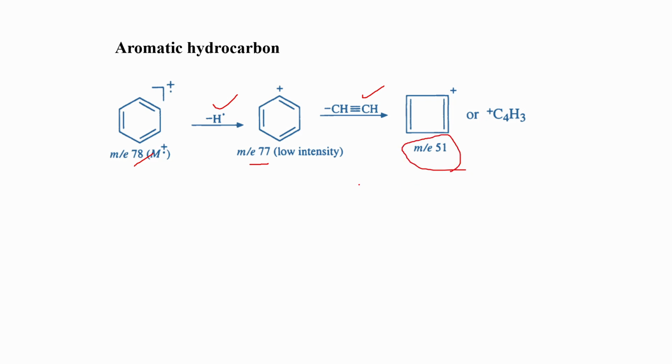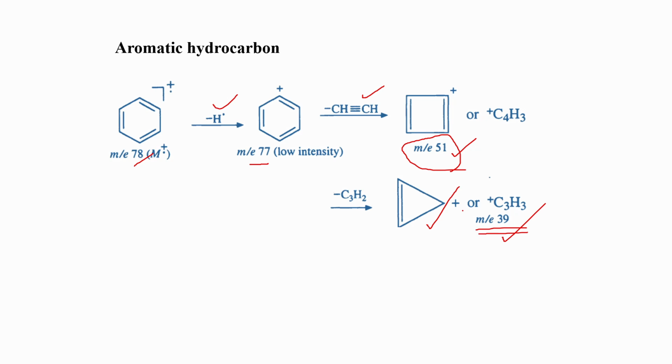Another possibility is elimination of C3H2 from this phenyl carbocation, forming cyclopropynyl carbocation with m/z value 39. A peak at 39 is obtained because of the formation of cyclopropynyl carbocation. So benzene gives these two peaks: the peak at 51 because of the formation of cyclobutadienyl cation, and the peak at 39 because of the formation of